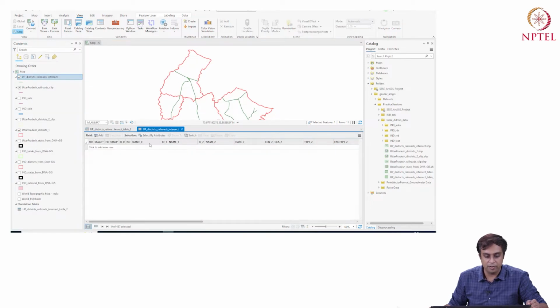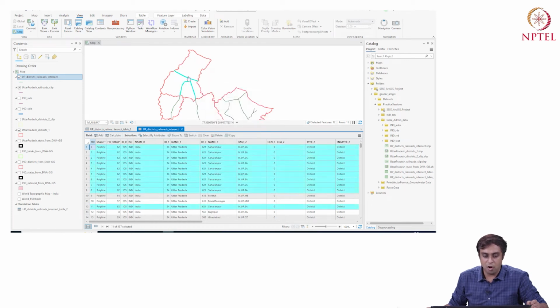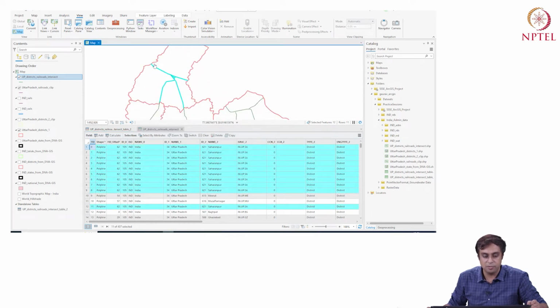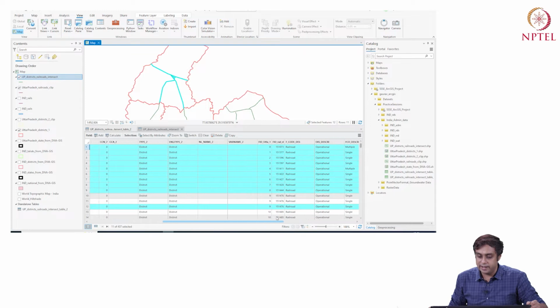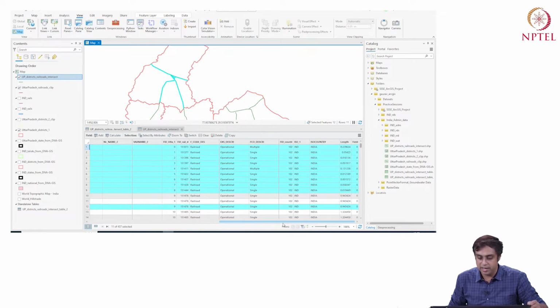If I open the attribute table, I say select by attributes and I say apply, all the rail lines that are passing through Saharanpur are then selected as individual entities, right? So the FID Uttar Pradesh, which is 62, which refers to name 2, the district name being Saharanpur, is intersected with the FID of the railroads, which provide us individual unique railroad types, and then from these we calculated the length.